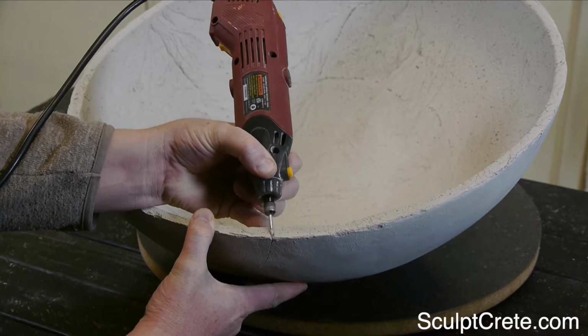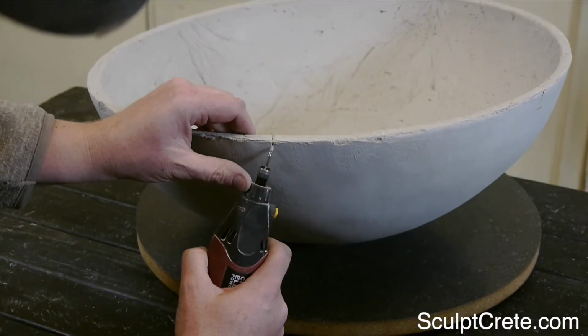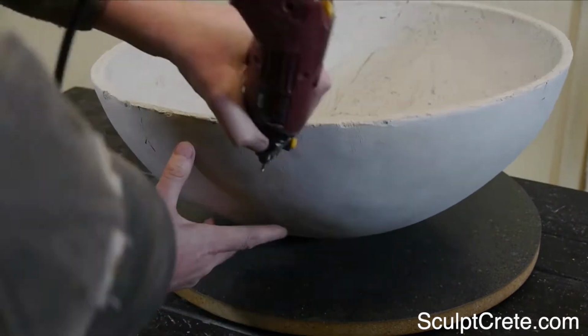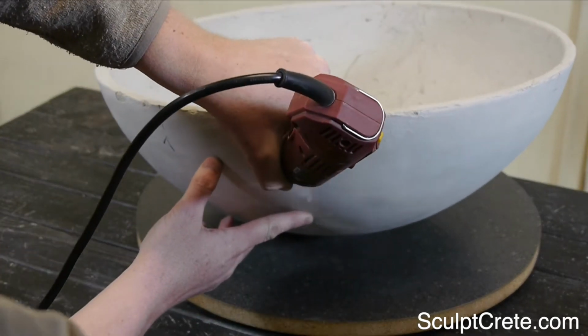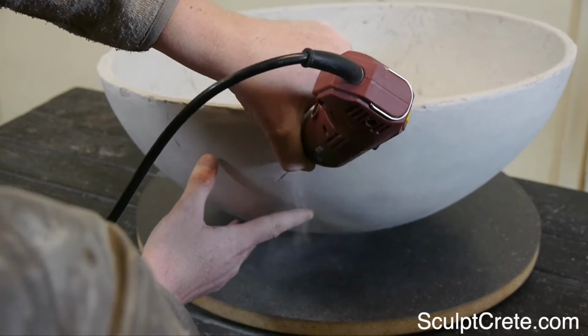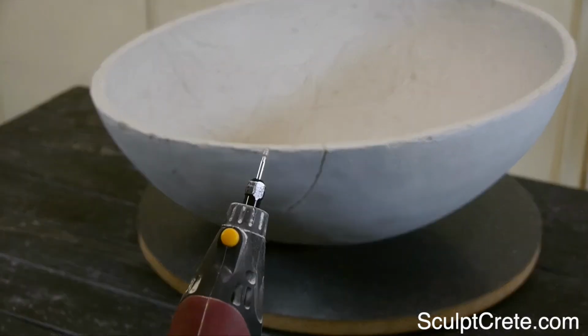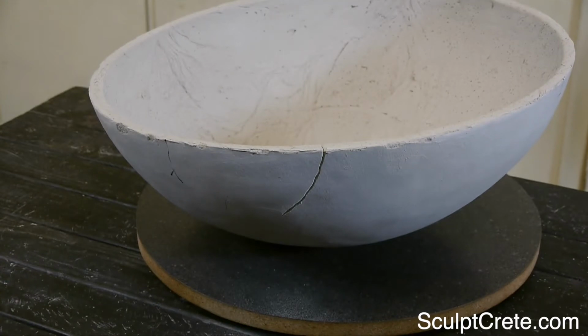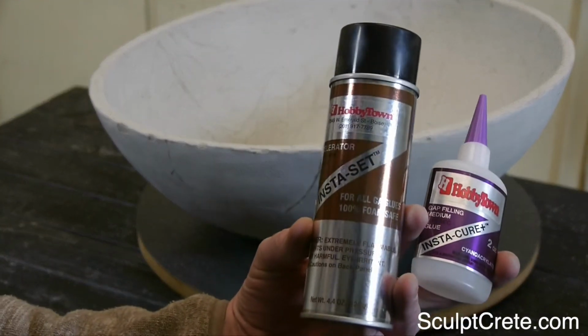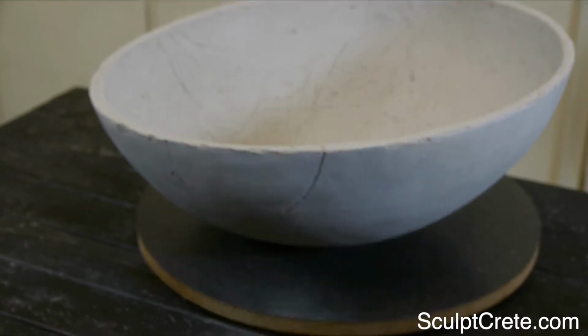Okay, so on this side of the mold, I let the bottom sit too long without adding that reinforced fiber tape on the bottom side like I did on the top side, and it got a crack. And this isn't the end of the world. You can take a Dremel with a diamond bit and just kind of hollow it out a little bit, and then I use an